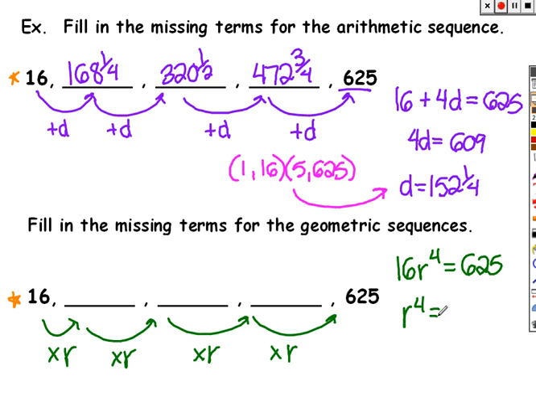So r to the 4th should equal 625 divided by 16. How do I get rid of the 4th power? Well, I would raise this to the 1/4 power, or take the 4th root. So if I take the 4th root, or raise 625 over 16 to the 1/4 power, I should get out